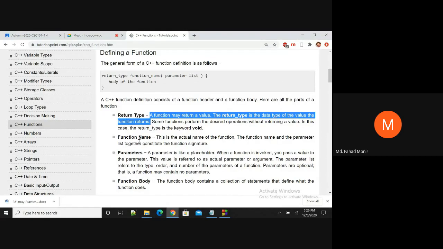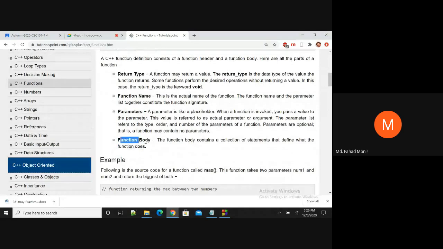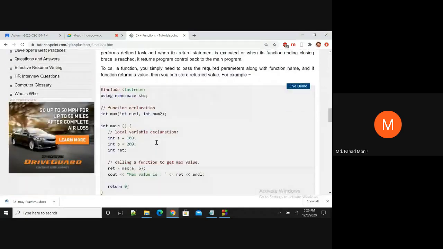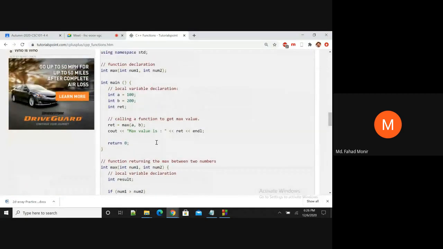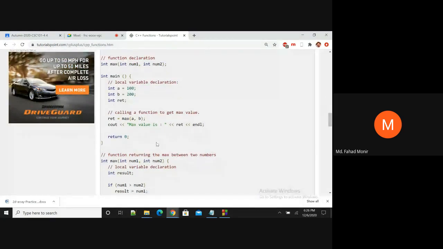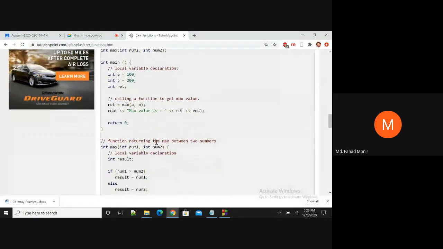Then we have learned about the function name, then we have learned about the parameters, then we have learned about the function body. Here we have one example. So this example is basically is going to give you the biggest number between two number. Are you guys with me? ইয়েস স্যার।